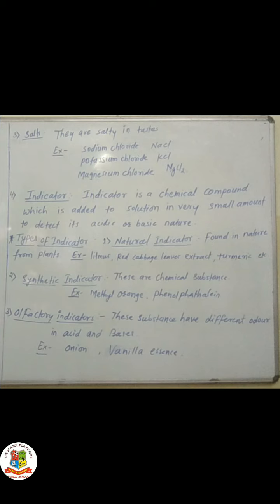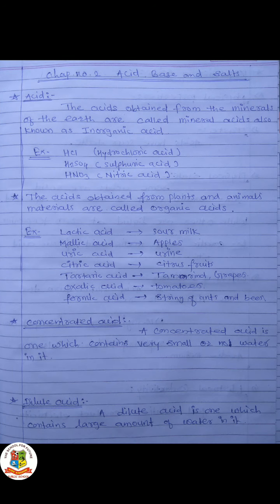Today, now we will see what acids really are. We will try to know what acid is in detail. First of all, we will try to know the properties of acids. There are two types of properties. First is physical properties and second is chemical properties. So we know the definition of acid.